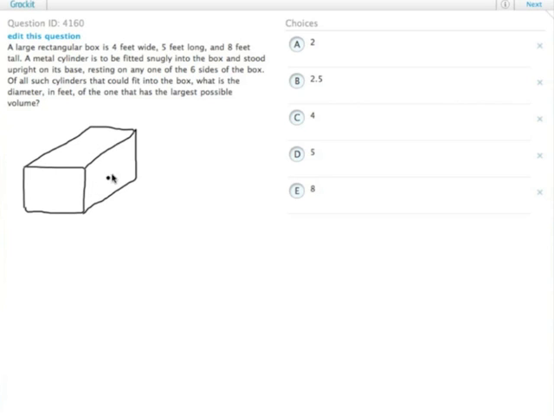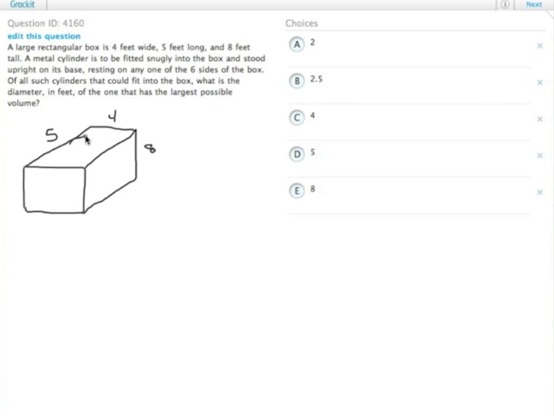So we'll go with 8, 4, and 5. We'll do that. It doesn't actually matter whether the picture matches. We're fitting a metal cylinder here so that it fits snugly into the box and stands upright. The issue here then is that the metal cylinder can only have a diameter of whichever side is the more